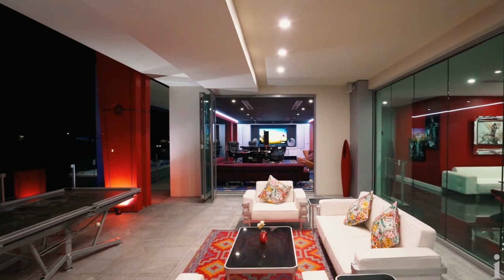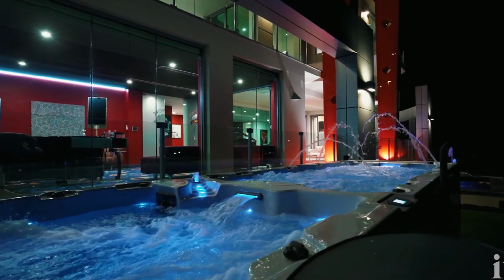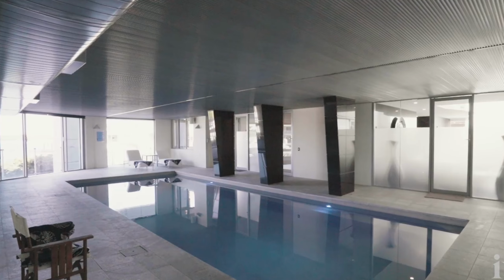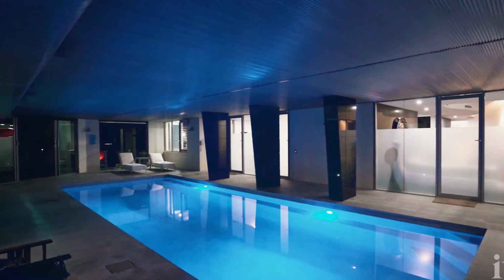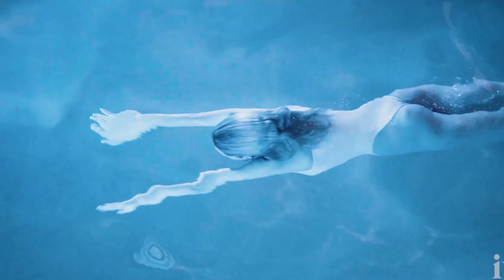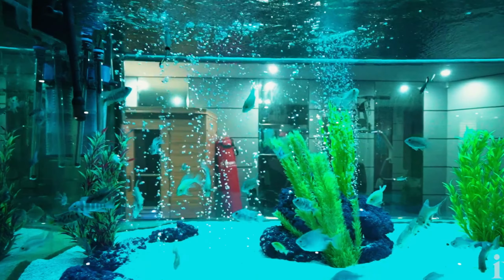A top-of-the-range outdoor kitchen presides over an entertaining custom patio seating and inclusions specifically designed to give wet bar and entertainment lounge on the mid-level. Afterwards, retreat to your private wellness sanctuary with a 17 by 8 meter indoor pool, jacuzzi, plus a large gym